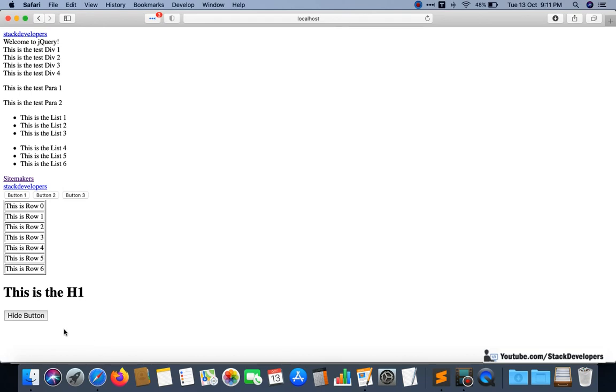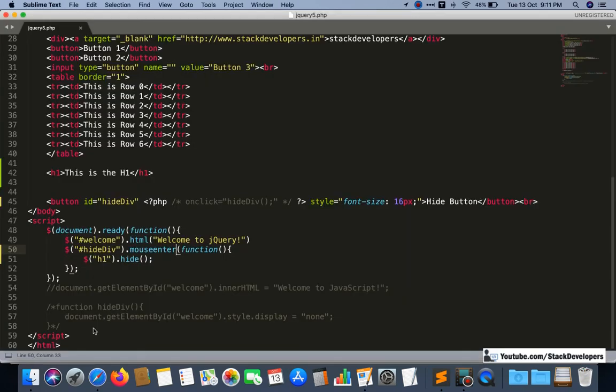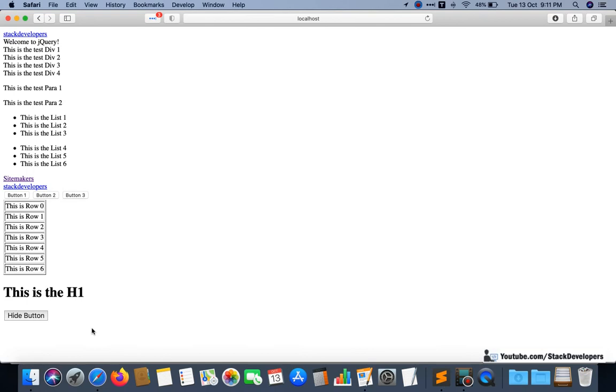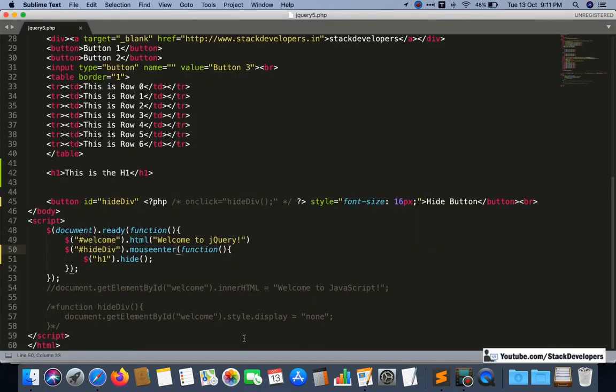Let's see here. Okay, I just bring the mouse cursor over the hide button, and this h1 is going to hide. Okay, so this is a kind of mouse enter event. Okay, so I hope that this is clear to you.